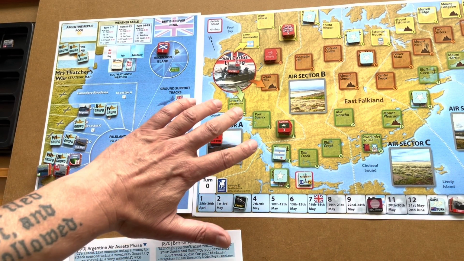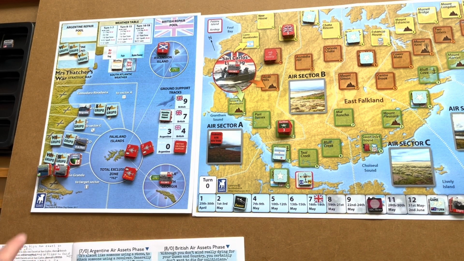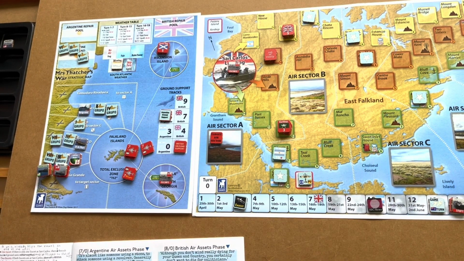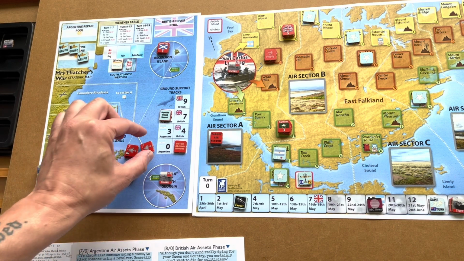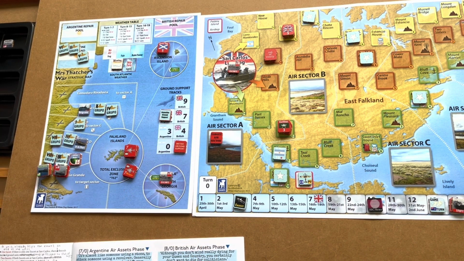Now, we've talked about needing 2 escorts to avoid 2 stacks being out of supply. We've got 1 escort. If there's only 1 escort at San Carlos, then 1 British stack of ground units must be flipped to out of supply. But a unit already flipped can count as one of the units. Well, we've already got one stack flipped, so that can count as the stack that's flipped because we've only got one. So we don't have to flip anything else. So let's go on to the attacks